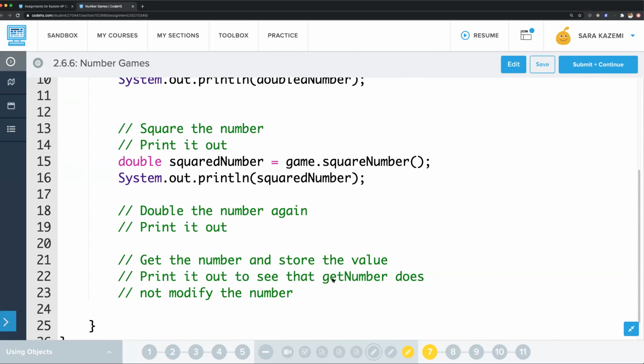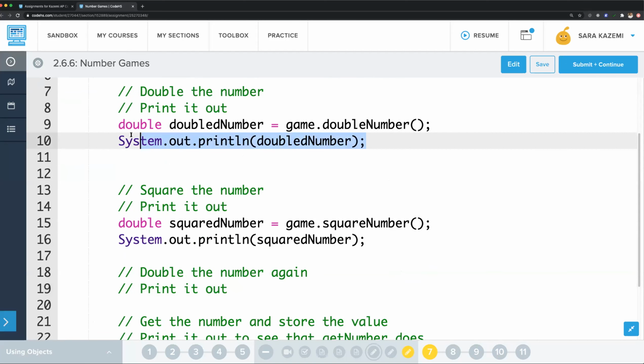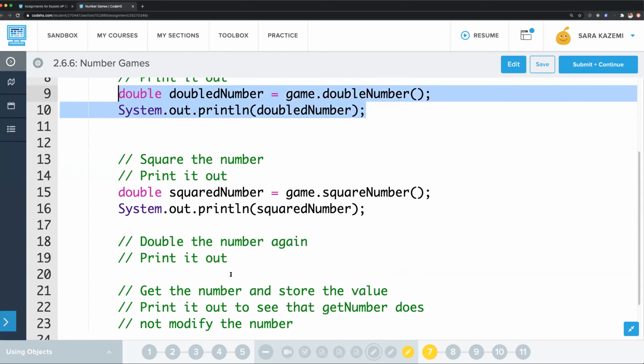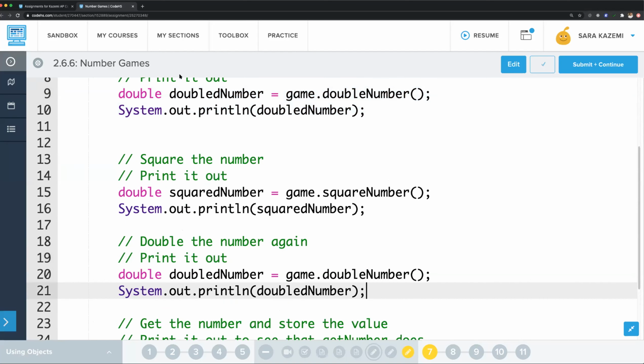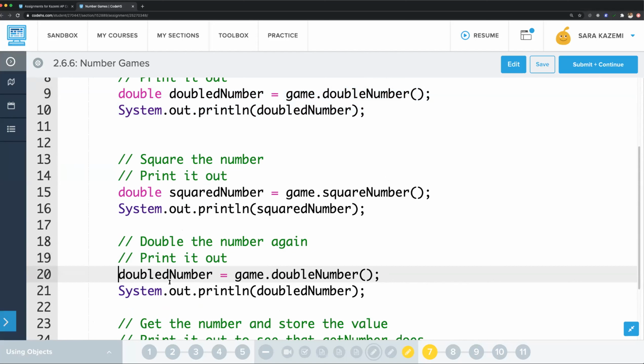All right. Now we're going to double the number again. So now the number is 36. So we'll be multiplying 36 times 2. Okay, so again, we're going to do the same exact step up here. But we've already declared doubled number, so we don't need this double part here. We're just going to